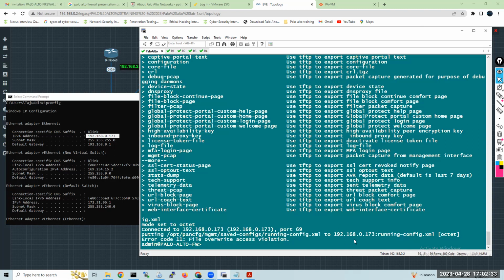Error code, port number. No, it's connected. You can see, right? Connected to port number 69. But there is a file overwrite access error. I think it will give the error, no problem.